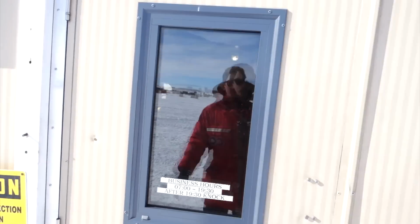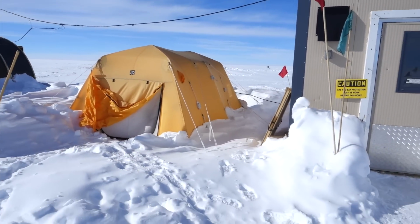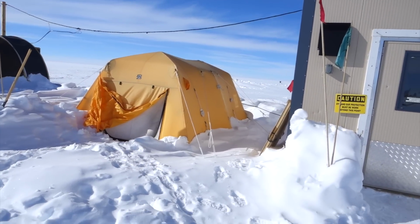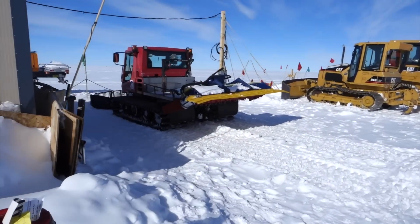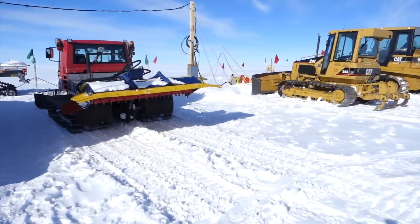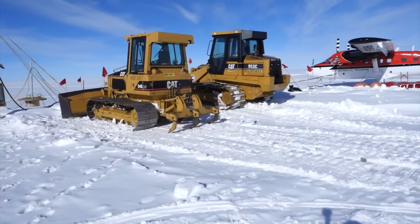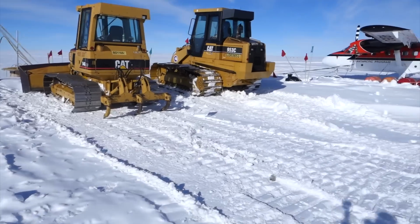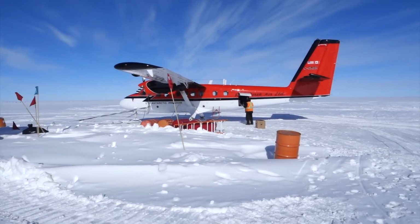So if we back up from the mech mod, and there's just a supply tent. Wow, that looks like a double Arctic oven. How do I get one of those? Here's our piston bully, a little snow groomer, and our bulldozer, track loader, and then of course right over here as we get to the end of the line, our